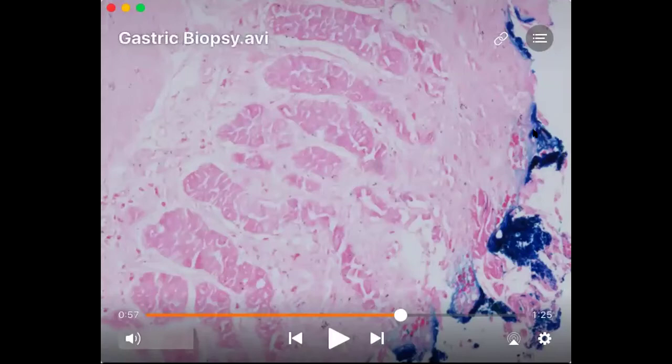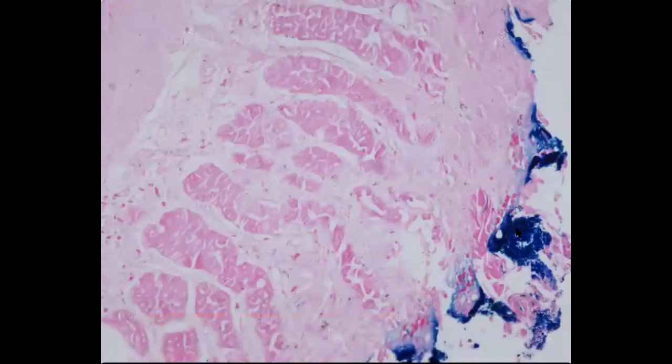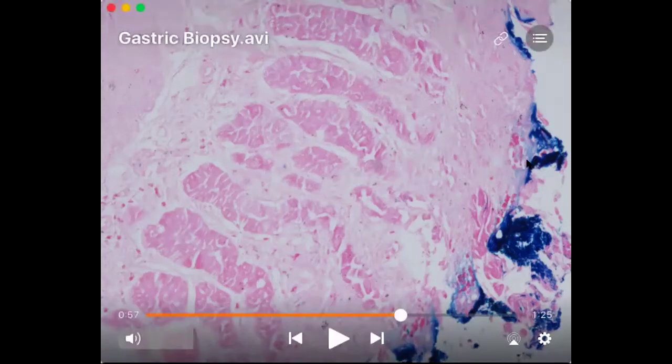Now, the kind of deposits of iron that we see on a gastric biopsy could be present on the surface, and these are more coarse deposits, as we could see here. And these kinds of deposits are common when we take oral ferrous sulfate tablets. So if you're taking oral tablets, these tablets at times can cause gastric erosion and can lead to deposits of iron on the surface. But if sometimes the patient is getting repeated blood transfusions, like a patient of thalassemia, then